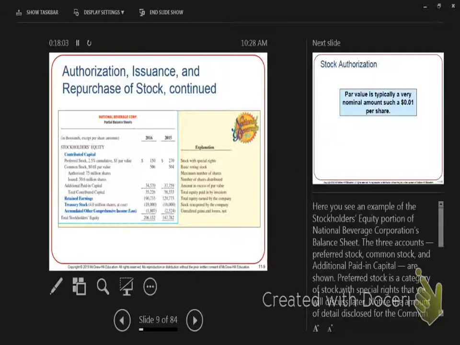This is an example of how the balance sheet looks. You guys should have seen this doing your annual report. It looks a little bit different because we have preferred stock, which you guys have not seen. We will talk about preferred stock on Tuesday. All right. Here's your common stock.